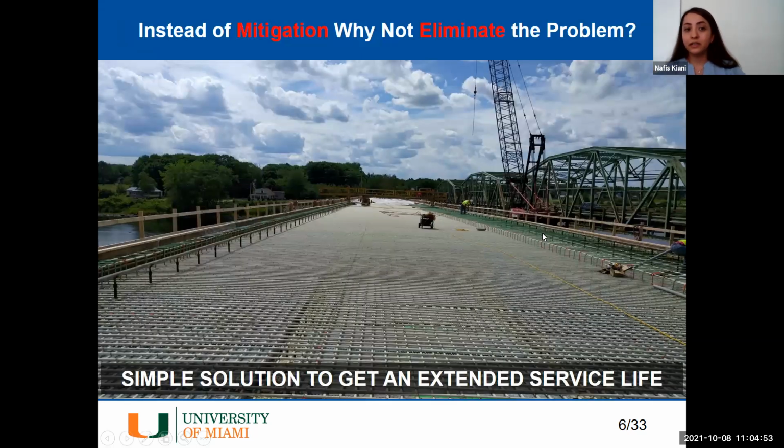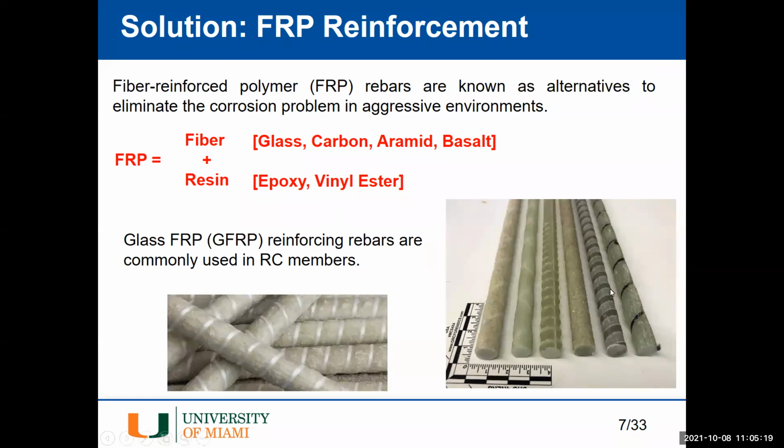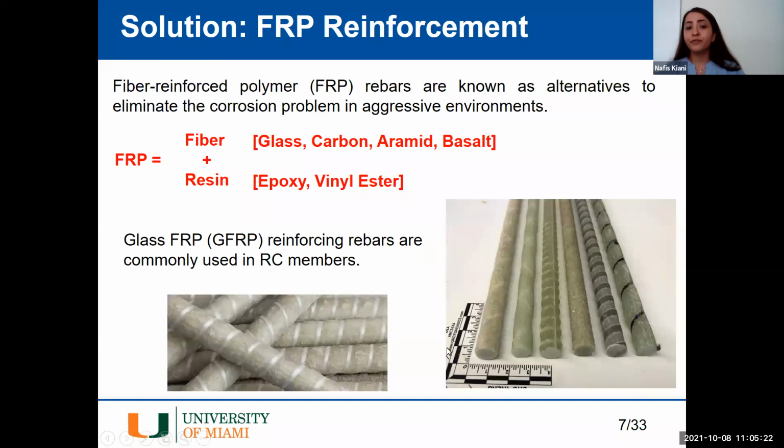So we are thinking that instead of mitigation, why not eliminate the problem? The solution is to use FRP reinforcement instead of steel reinforcement in concrete structures. What is FRP? FRP is fiber-reinforced polymer rebar, known as an alternative to steel reinforcement to eliminate corrosion in aggressive environments. The FRP bars, as you can see in the picture, are made of fiber plus resin. The fibers could be glass, carbon, aramid or basalt,